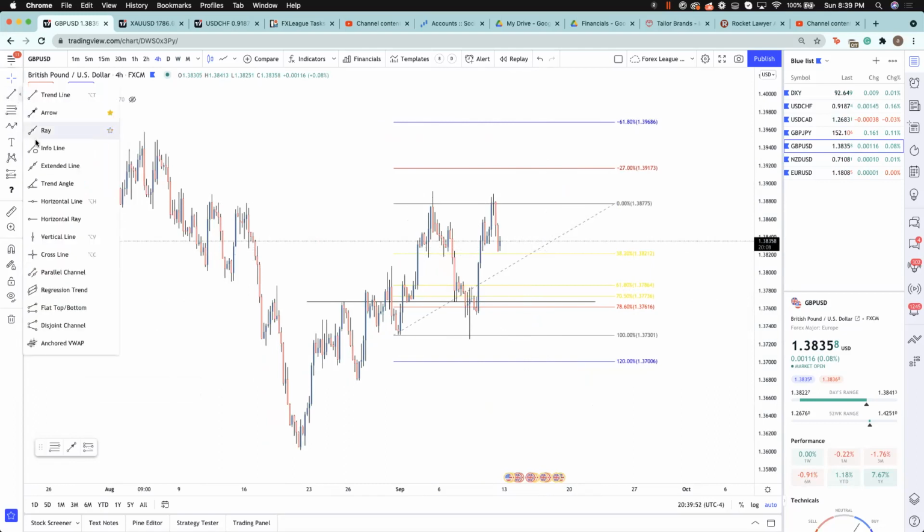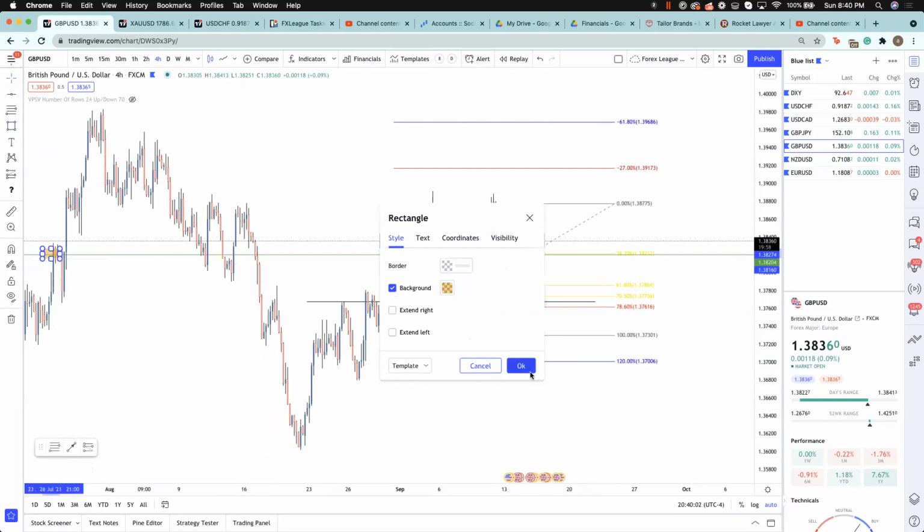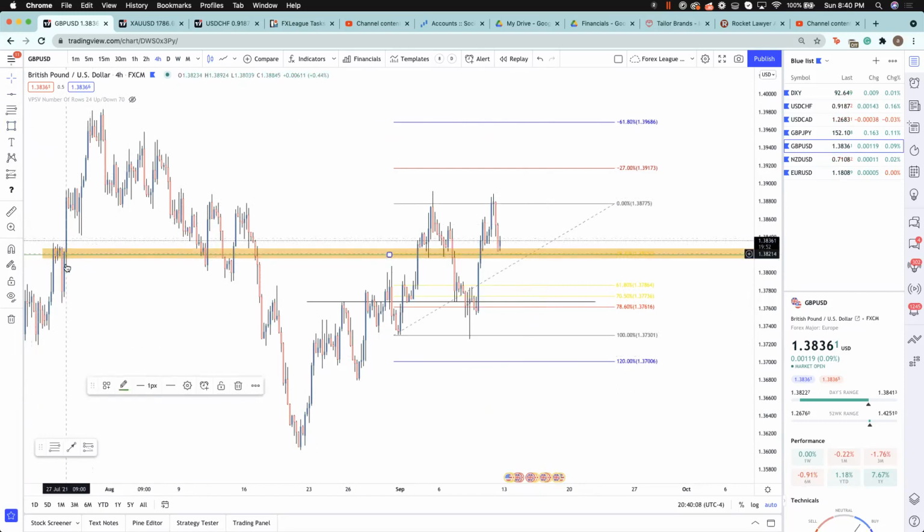If we look left, we can actually map out a support and resistance level in this zone, and I'm going to just use a rectangle. It's based on there being an area where there was resistance here, and an area where there was support here. I'm talking about this, talking about this. So price could certainly bounce off of this zone and move to negative 27.